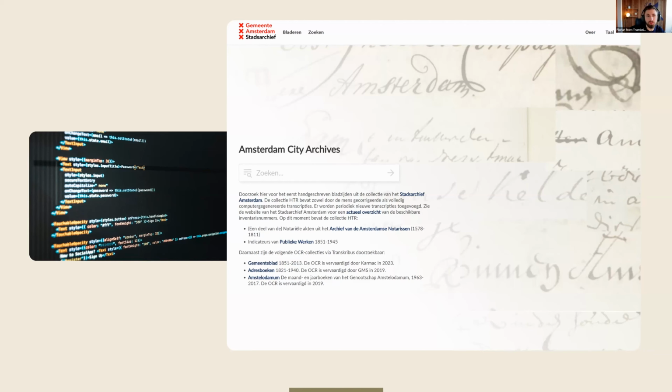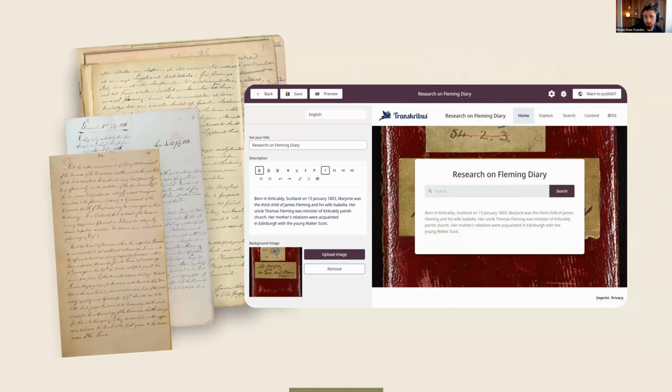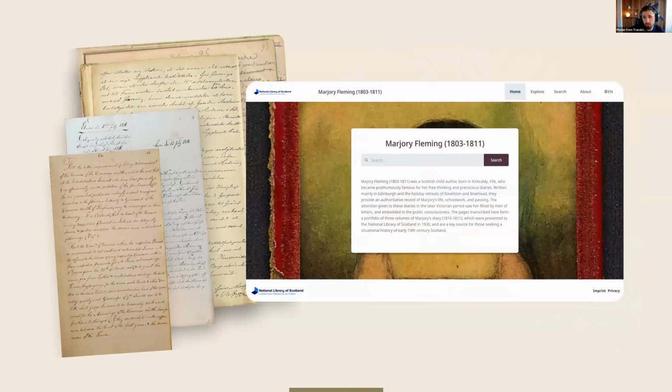And that led to the development of Transkribus Sites. As you might have already come across, this is roughly how the interface for Transkribus Sites looks. You have an editor where you can modify the appearance of your Transkribus site and also adjust some settings about what content will be displayed and how it can be searched in Transkribus. And finally, it will end up looking something like that, which is a public website